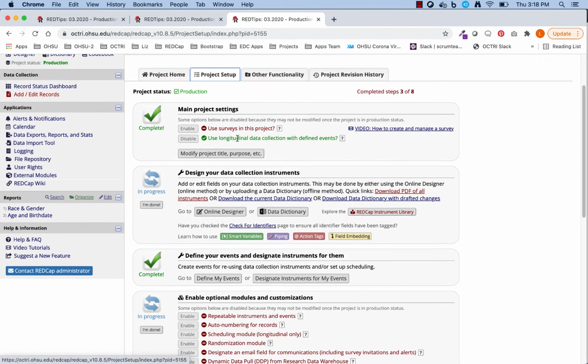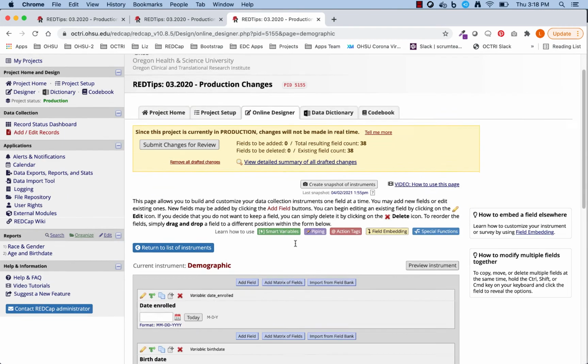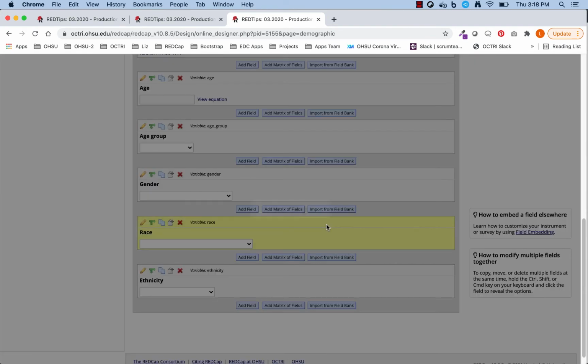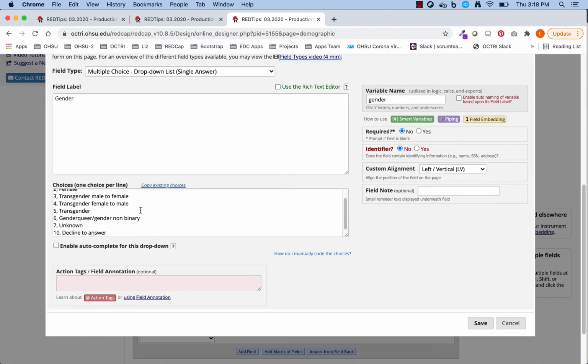We go back to project setup. Now your inclination might be, let me just remove these fields and remove that option. So let's see what would happen if you did that. Back in demographics, if I just remove my race field, and if I go to my gender dropdown and remove